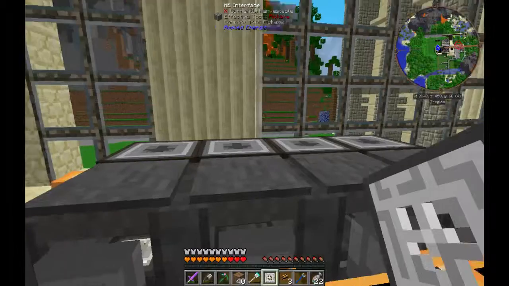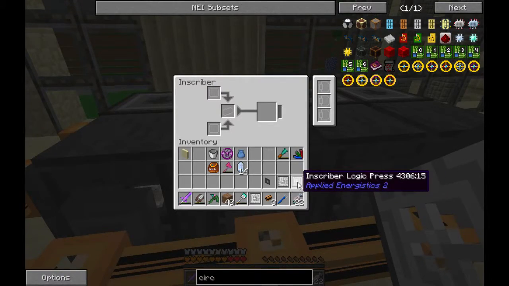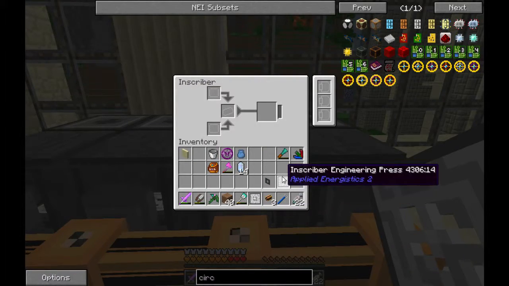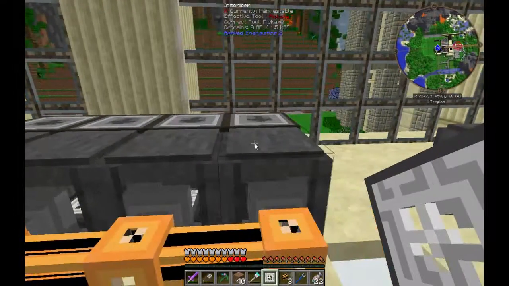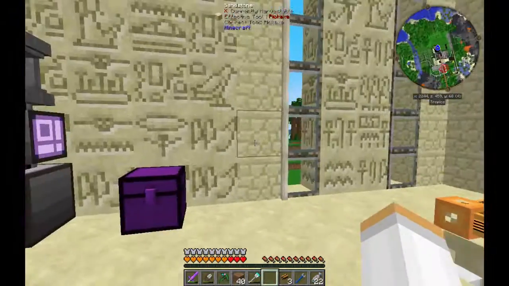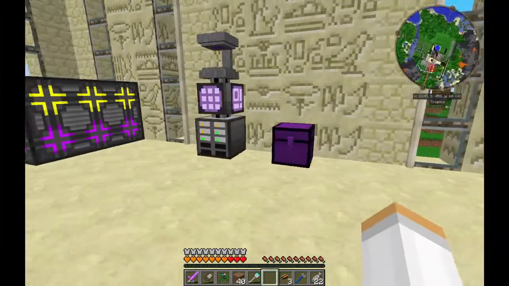This one is our gold, so this would be logic. So here's our logic press. This one was the diamond one, so that would be our engineer press. And this one is going to be the calculation press. Okay, so anytime we need, so let's say that we need,